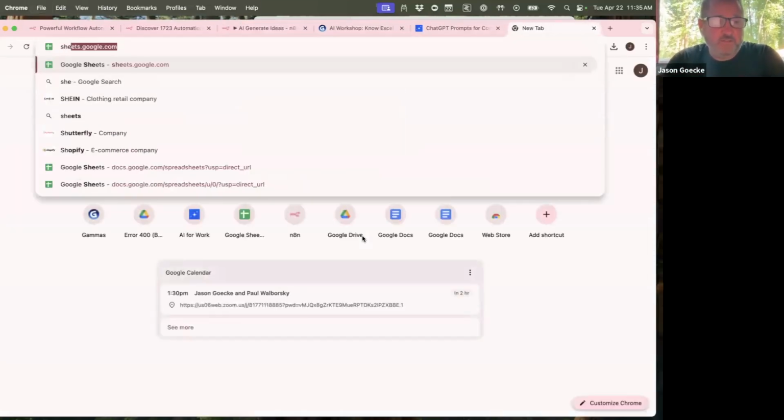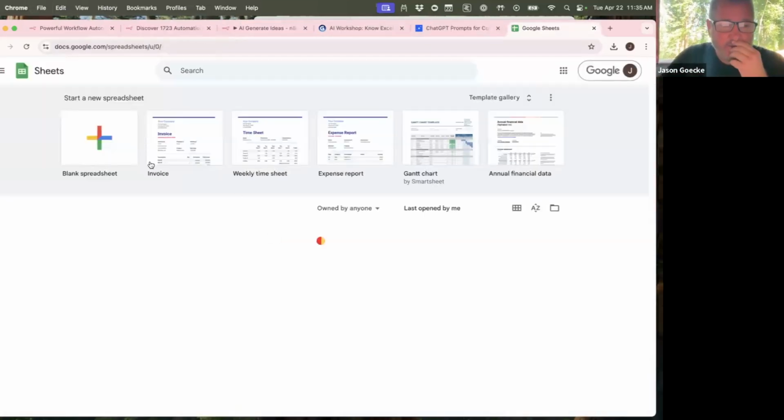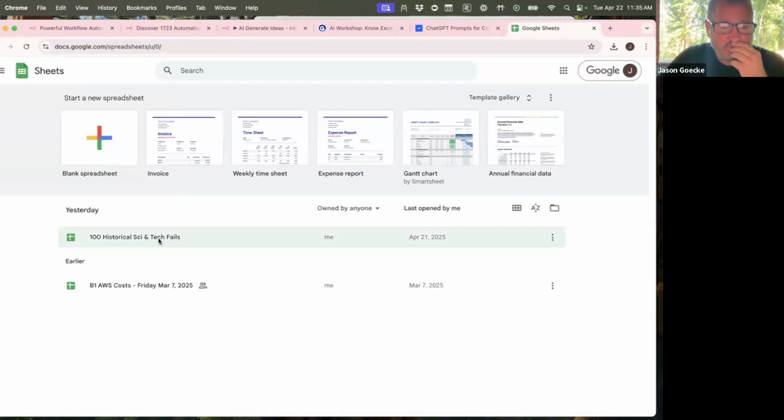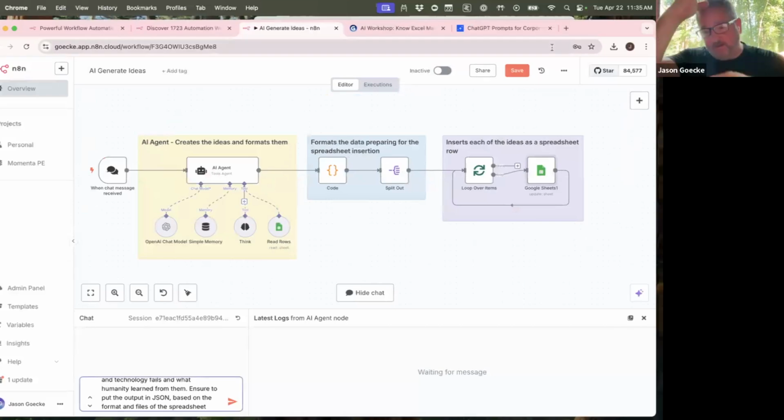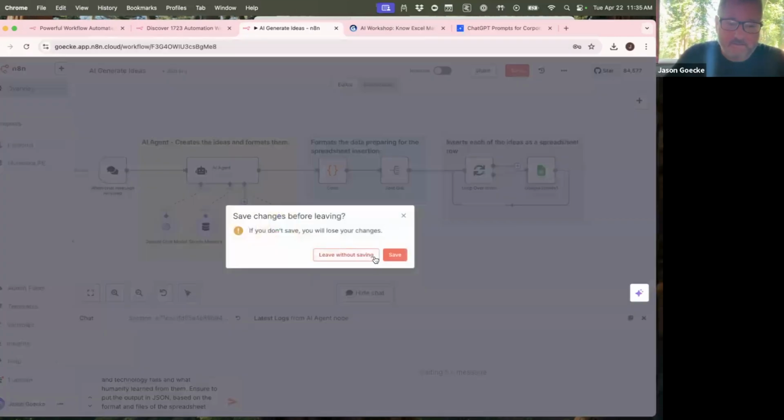If I go to my sheets, when I run this, I think it's in here. No, where did I put it? Anyways, take my word for it. It generated a spreadsheet with 20 different options for me to go out and do that I can then come over here and say,